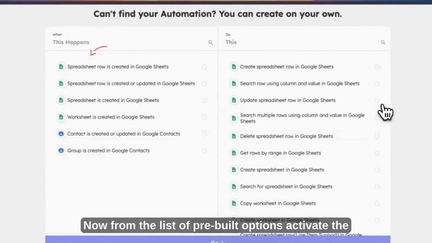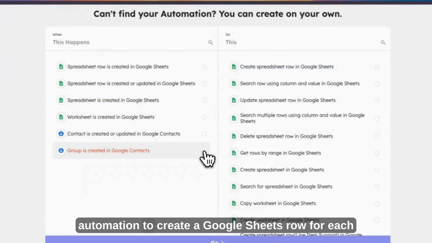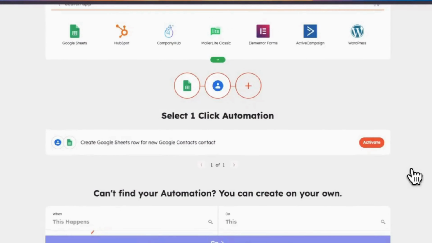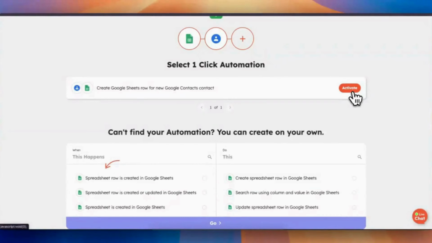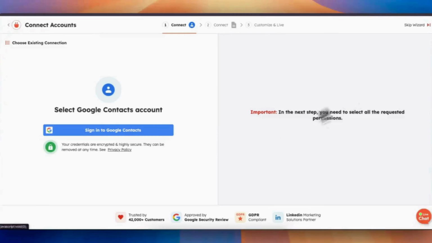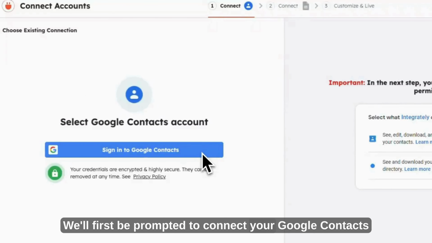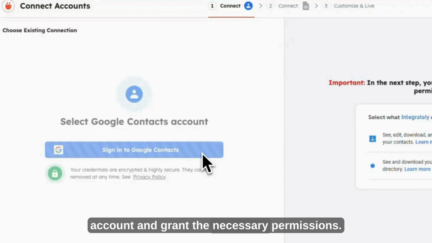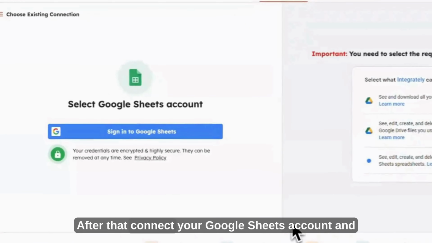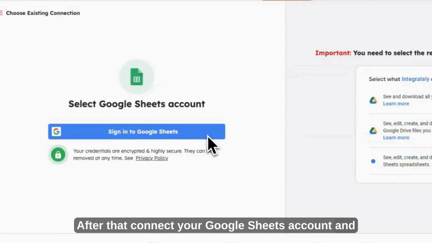Now from the list of pre-built options, activate the automation to create a Google Sheets row for each new Google Contacts entry. We'll first be prompted to connect your Google Contacts account and grant the necessary permissions. After that, connect your Google Sheets account